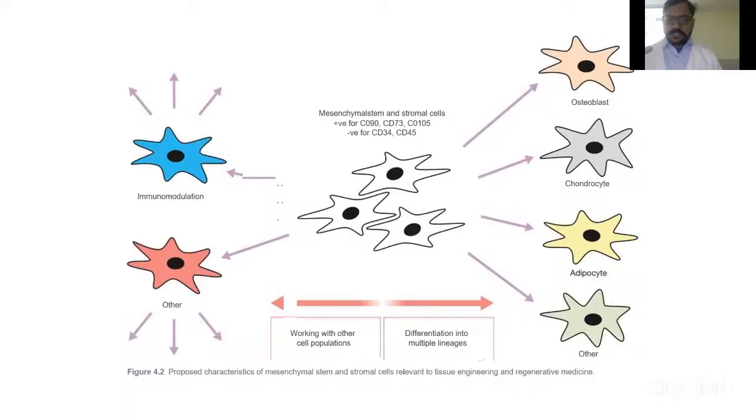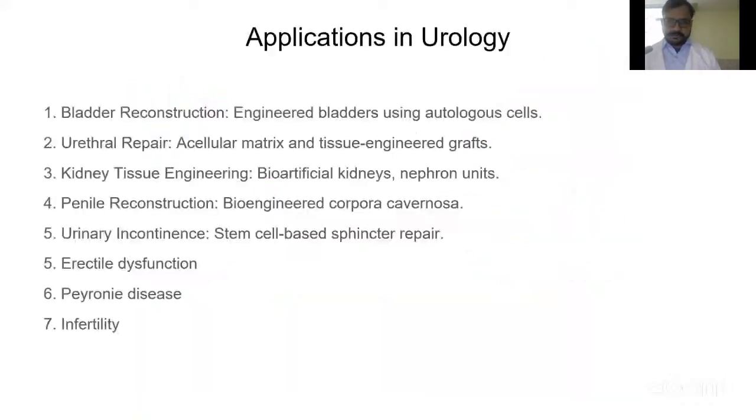Cells working with other populations and differentiated into multiple lineages: osteoblasts, chondrocytes, adipocytes and others. Applications in urology include bladder reconstruction, engineering bladder using autologous cells, urethral repair, acellular matrix and tissue engineering grafts, kidney tissue engineering, bioartificial kidney, nephron units used in ESRD, penile reconstruction, bioengineering of corpora cavernosa, urinary incontinence, stem cell repair, sphincter repair, erectile dysfunction in Peyronie